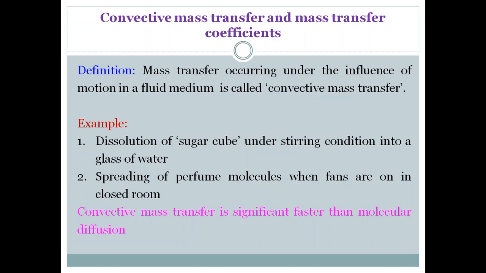Similarly, we have taken another example, the spreading of perfume molecules when fans are on in a closed room. When fans are off in a closed room, the perfume molecule is diffusing under stagnant media, that was molecular diffusion. But when the fans are on, the fluid is under motion. In this case, the fluid is in gas phase, air is the fluid. Then you will see the spreading of perfume molecules is very fast. So these phenomena we already experience,